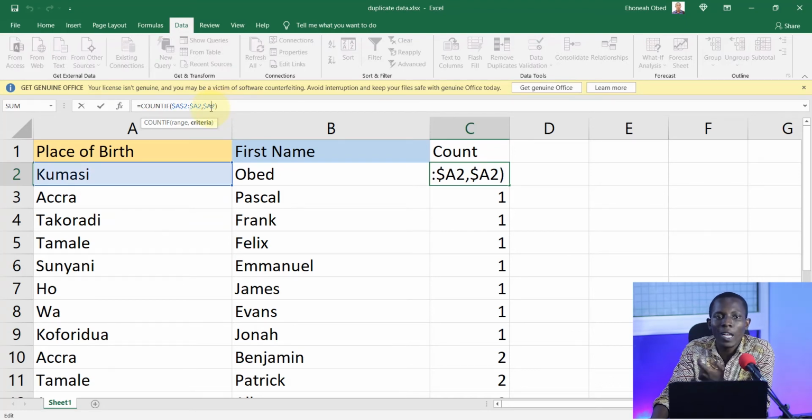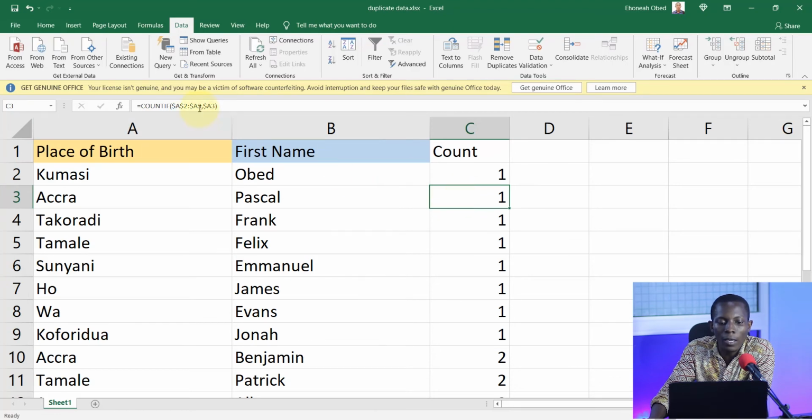And I told you that the fact that there is no dollar in front of that number means that when you go to the next column or the next cell, it's going to automatically pick the ID or the reference for that particular cell. So when you come here, it turns to A3 because now we are on row 3. The next one will be A4, A5, A6, A7,